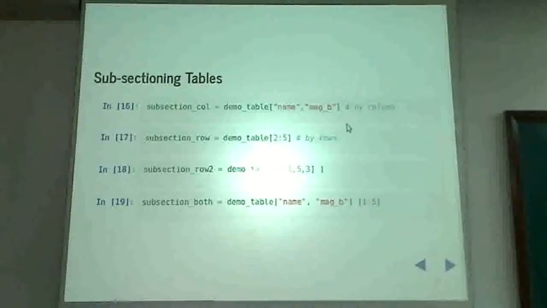So now you know how to access rows and columns. You can subsection tables very easily. If you wanted to subsection a table, say you just want to take 2 columns and put them in a separate table, that's it. You know what this means. All you need to do is put a variable name and an equal to sign, and you can grab that part of the table and store it separately. Same with rows. You can also access rows in this way. So this will access the 2nd, 6th and 4th row of that table, and in that order. Or you can combine these 2. If you wanted a bunch of rows and specific columns, you can combine the syntax.